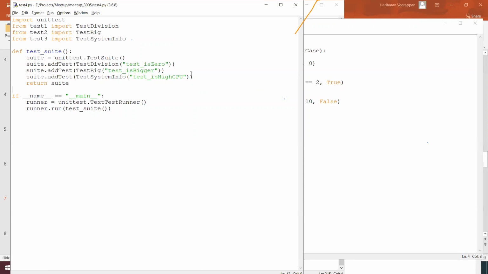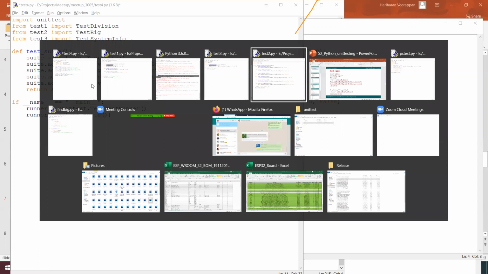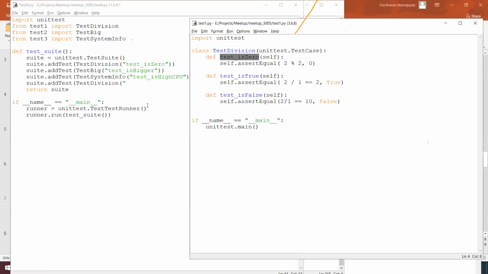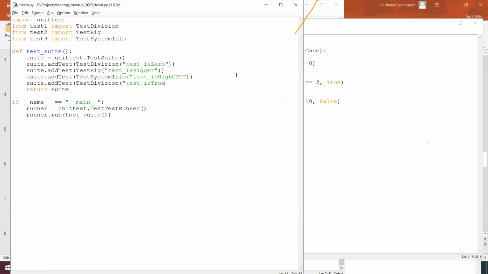For example, I'm going to add another one over here, suite dot add test, something like a test division, with the help of the test1.py, which contains test is true over here, and then we can validate it.